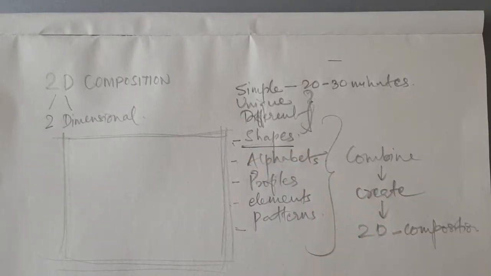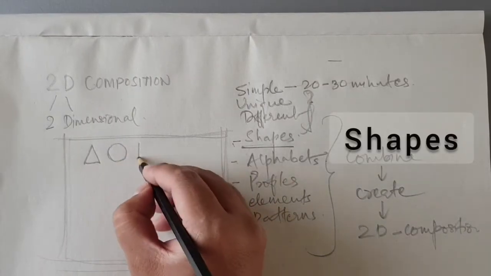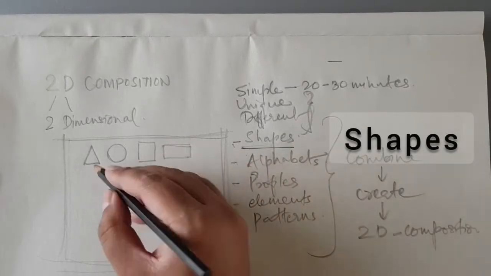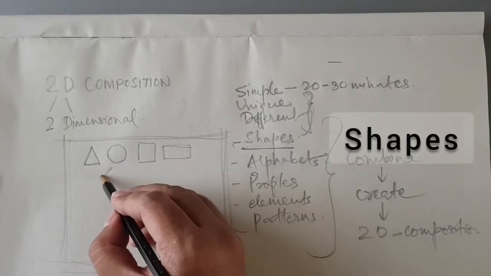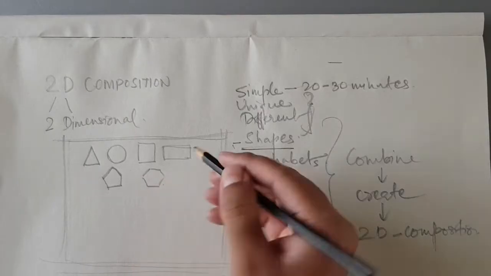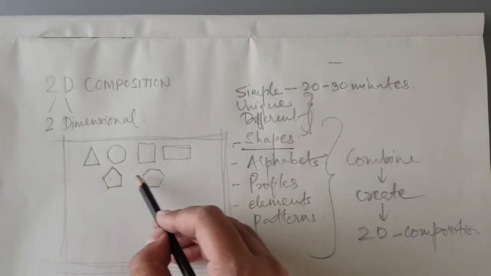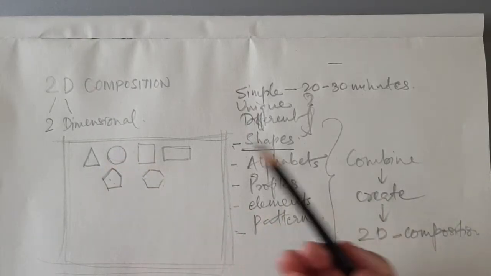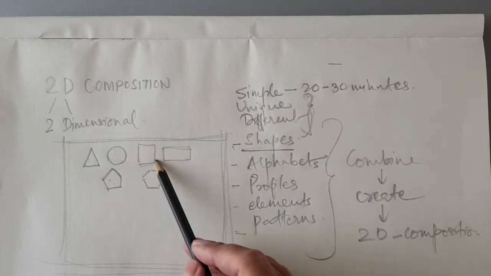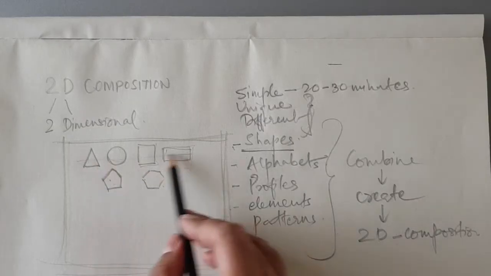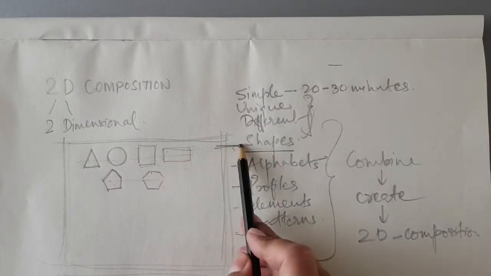Now you must have heard n number of times about shapes. So what are the basic shapes that we have? We have triangles, we have circle, we have square, from square we can derive rectangles, and from triangle onwards we can create polygons. In polygons, you have pentagon, then hexagon, septagon, and so on and so forth, multiple polygons having multiple sides to create a shape. Then you have circle, which is a curvilinear object. Then you have a square, which has 4 equal sides, and rectangle, which has 2 opposite equal sides. So we have to use all these as the basic elements when we talk about shapes.